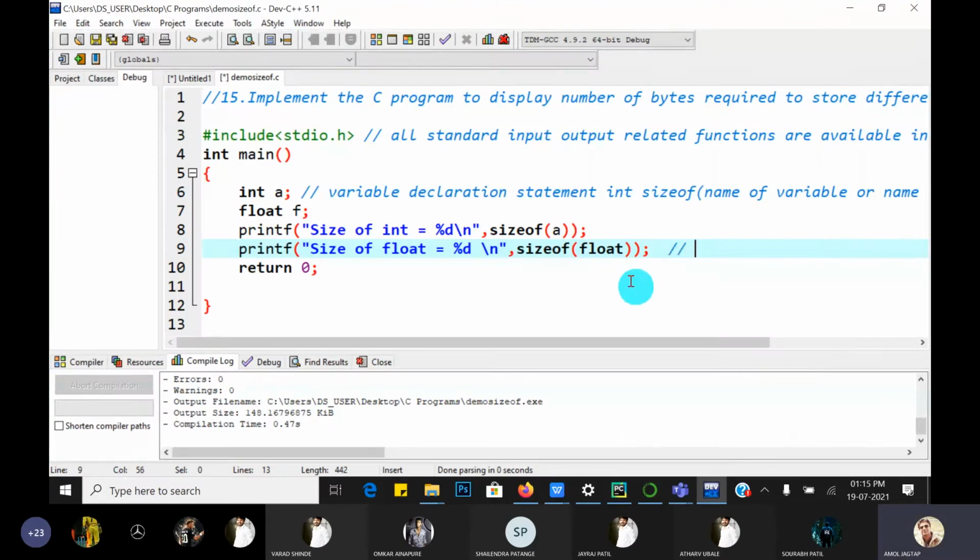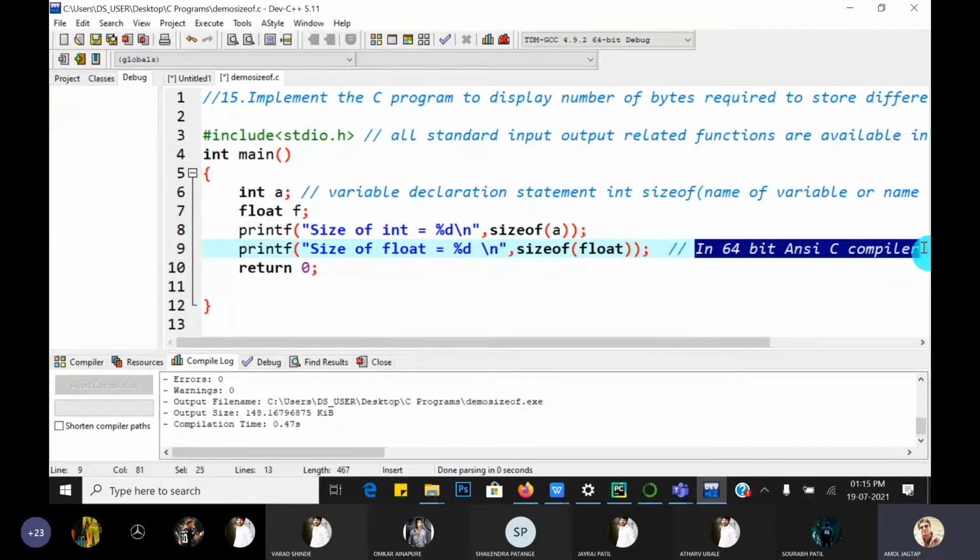In a 64-bit ANSI compiler. Why have I written it this way?